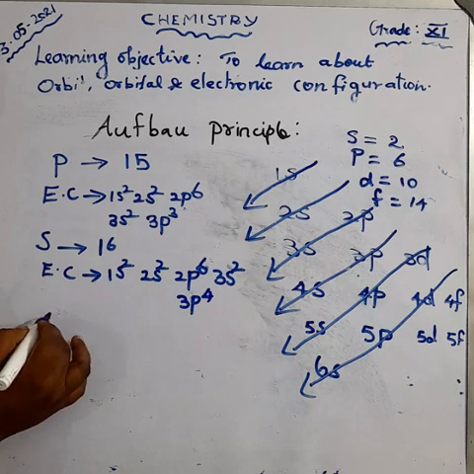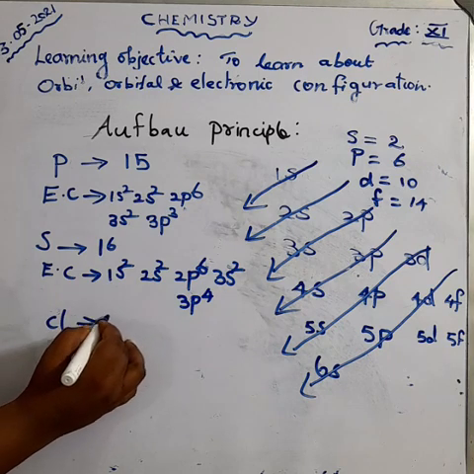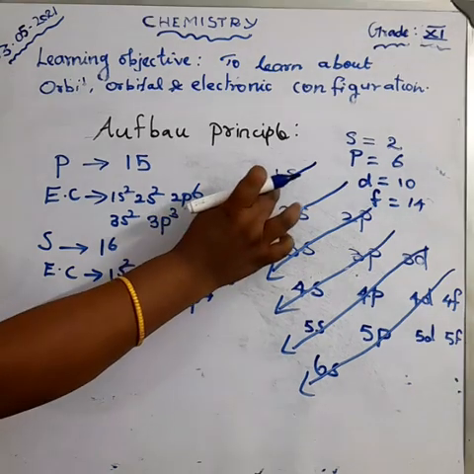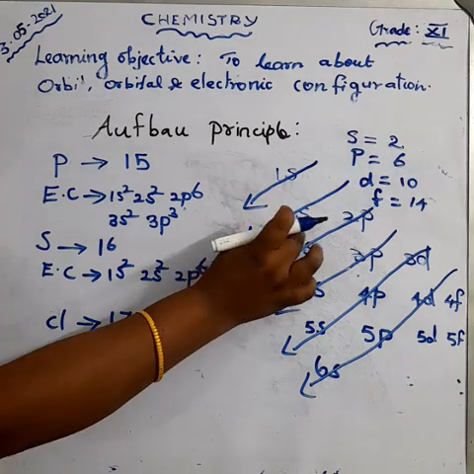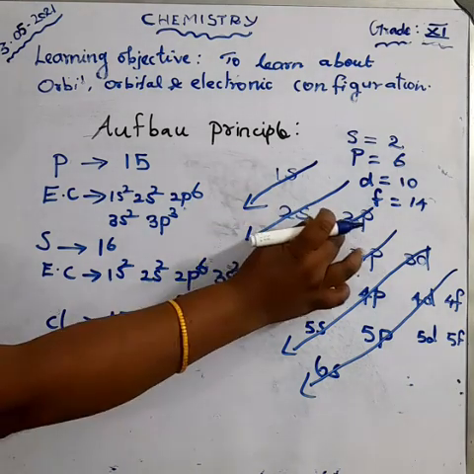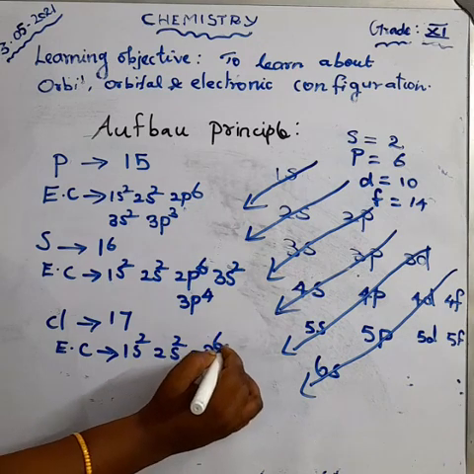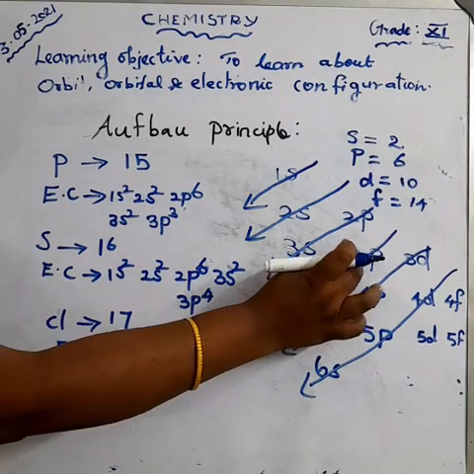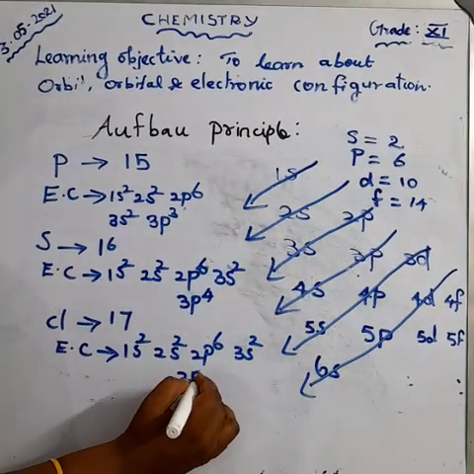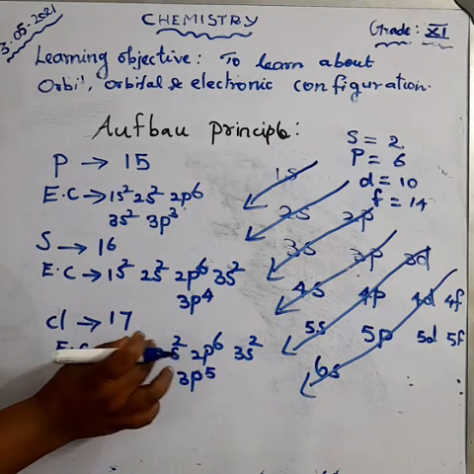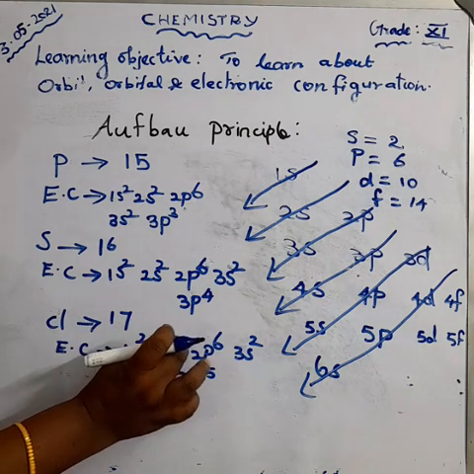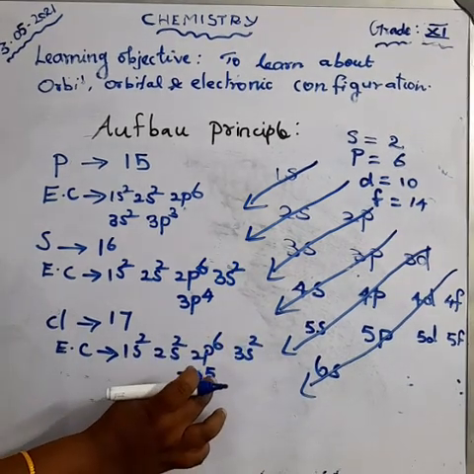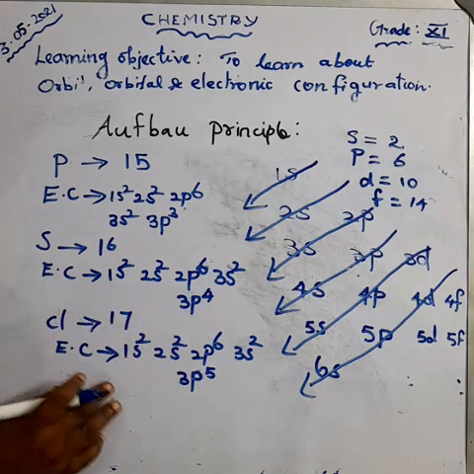Okay. And then chlorine. Atomic number for chlorine 17. So electronic configuration for chlorine: 1s2, 2s2, 2p6 and 3s2. Remaining 5 electrons we can occupy in the 3p orbital, 3p5. So total electrons: 2 plus 2 is 4, 4 plus 6 is 10, 10 plus 2 is 12, 12 plus 5 is 17. And then argon,